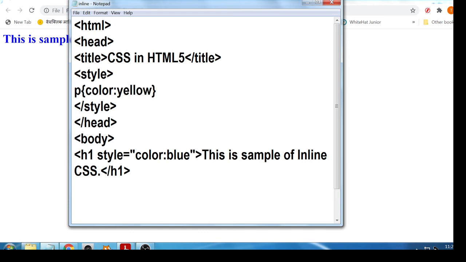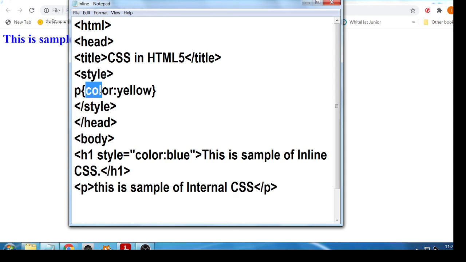Color colon yellow. Okay, and when you define the paragraph in body, type here some text. This is sample of internal CSS. Close the paragraph.